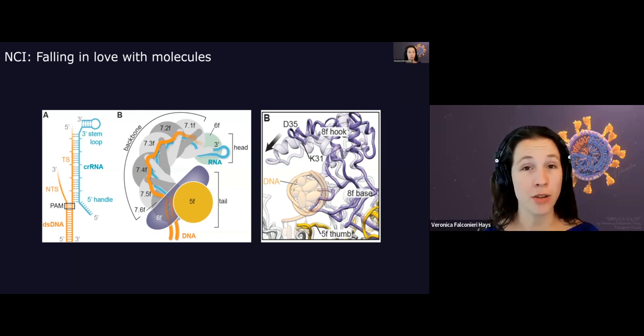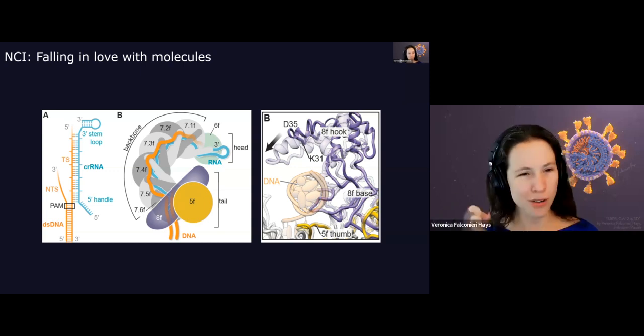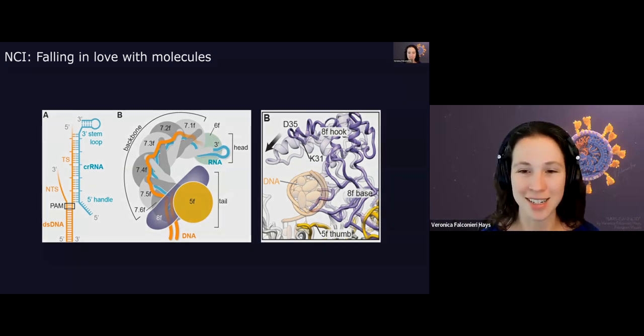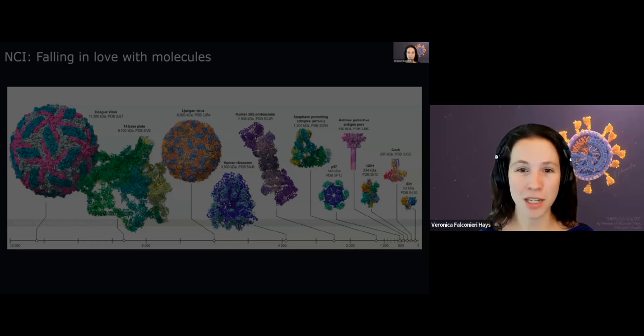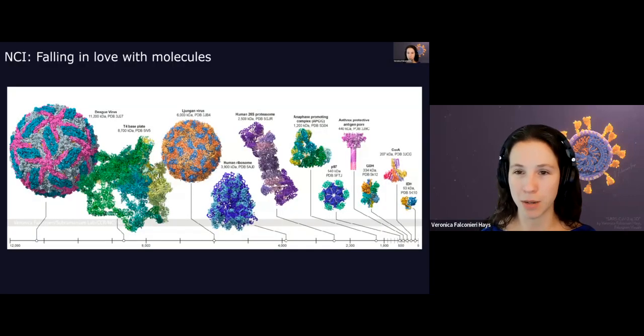I'm sure now that you guys have done a little bit of work with molecular structures, you're starting to recognize, oh yeah, that's a ribbon diagram, I know what that is. These are all based on PDBs. I have to say it's amazing having the Protein Data Bank and EMBL doing all of that work to keep that data up. It's a huge help when I'm creating an illustration like this, to have all of this data right at my fingertips, to be able to pull these structures and just download them.